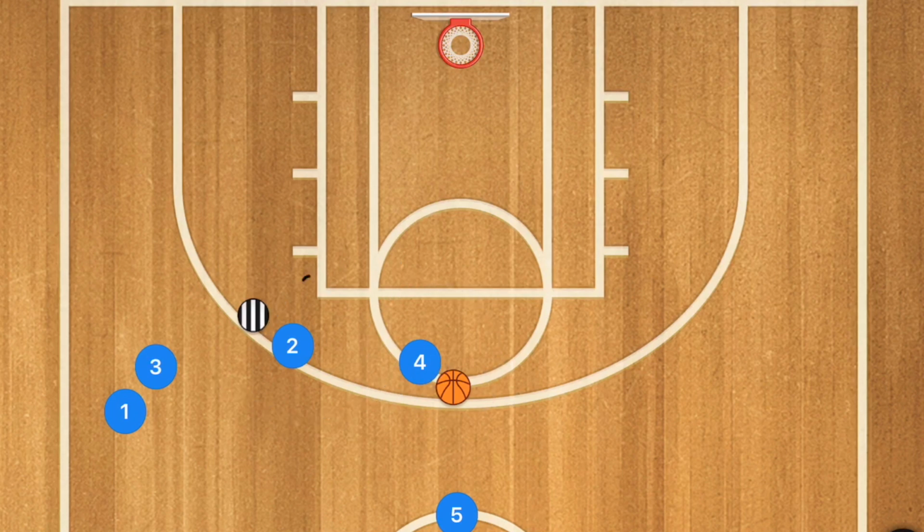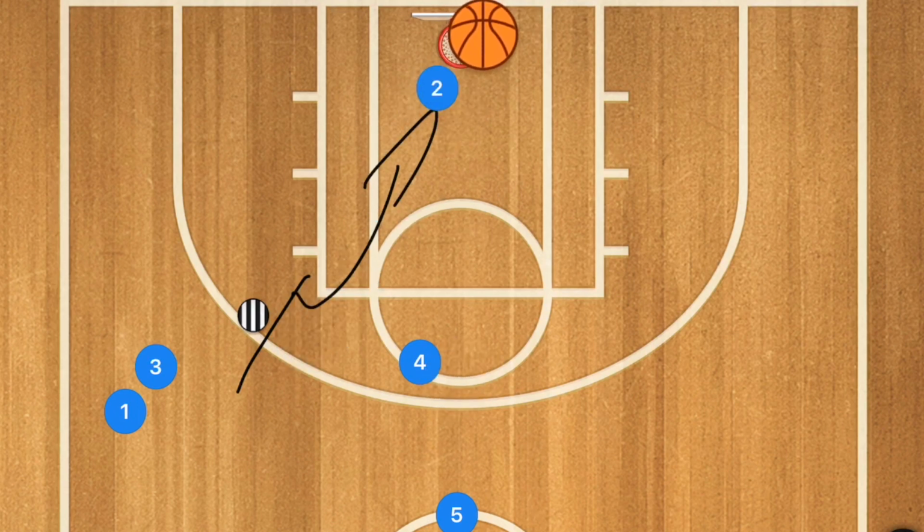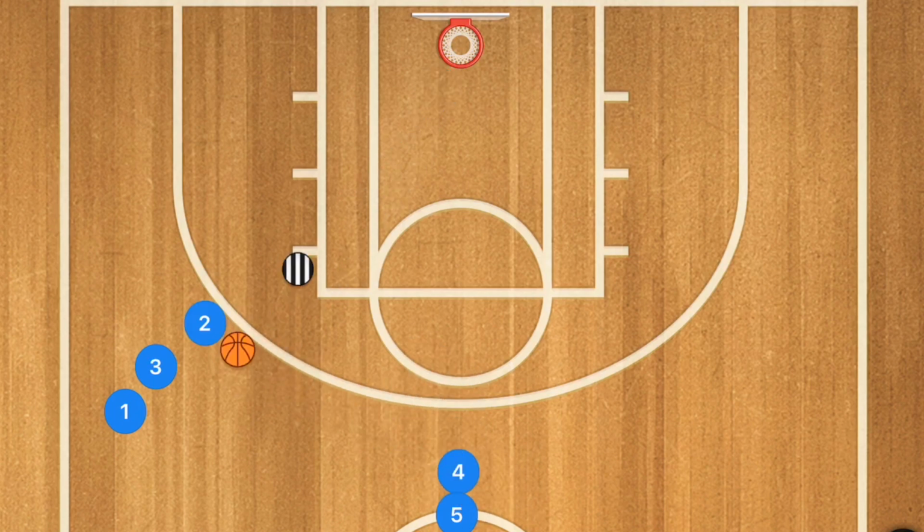Level 2 of the drill would be maybe have player 2 roll towards the basket, hit him up for a layup. And then level 3 would be having that pass go over to player 2, player 4 setting that screen, and then when player 2 is using that screen, we would then have the coach either go underneath, over top,